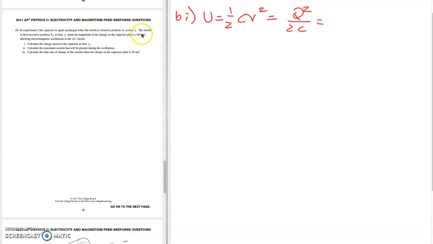And hey, they gave us Q. So that's why I'm switching over to Q squared over 2C. So 105 times 10 to the minus third squared, over 2 and 25 times 10 to the minus third. Gets us 0.22 joules. All right, part 2, maximum current. Now,